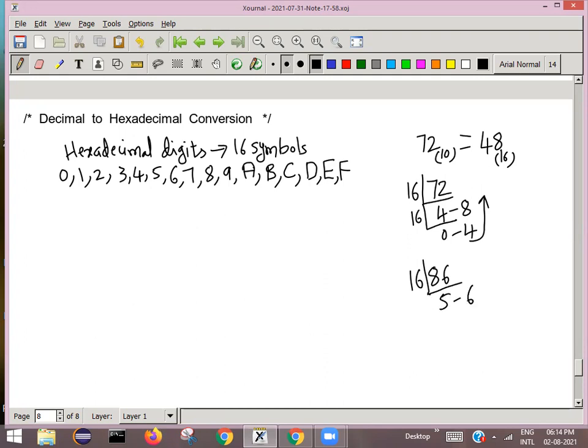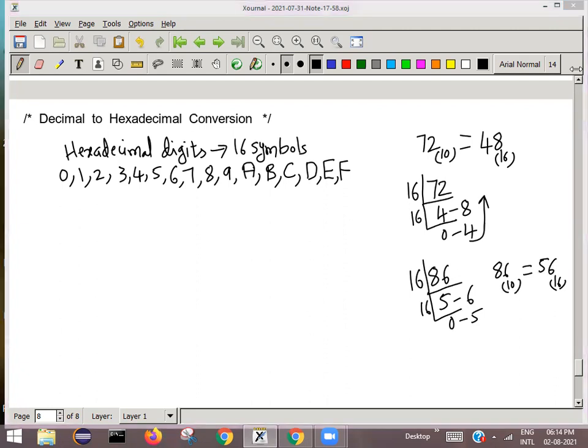Then 16 zeros are 0 and 5 is the remainder. So 86 in decimal has the equivalent number 56, not 65. This way you need to write 56 base 16.